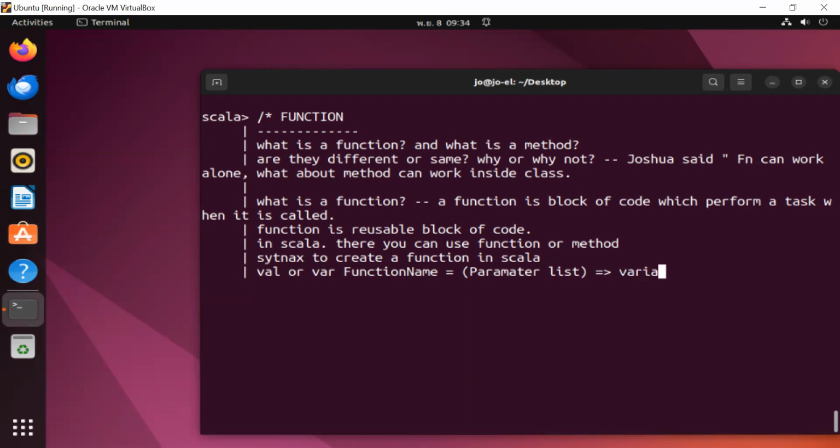Here you have variable, here I call it parameter. You initialize the parameters this way. So this is the syntax. I give an example. That above was an example.